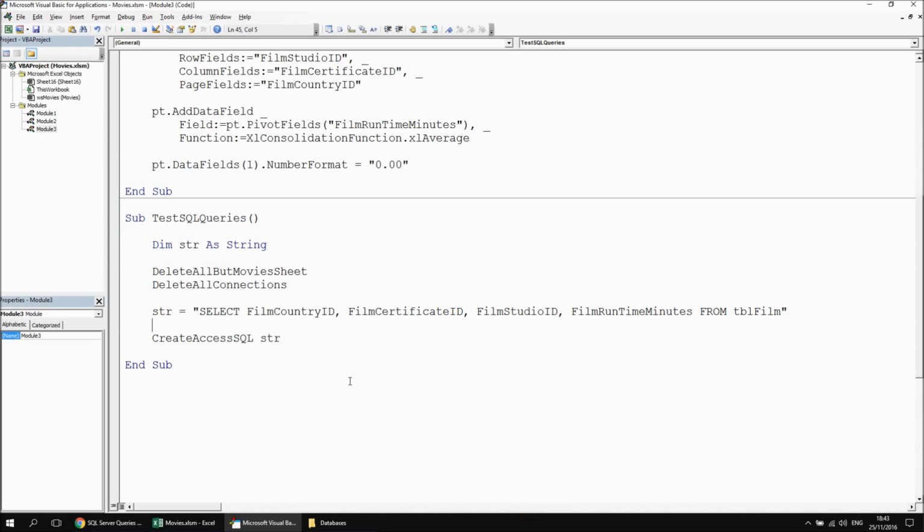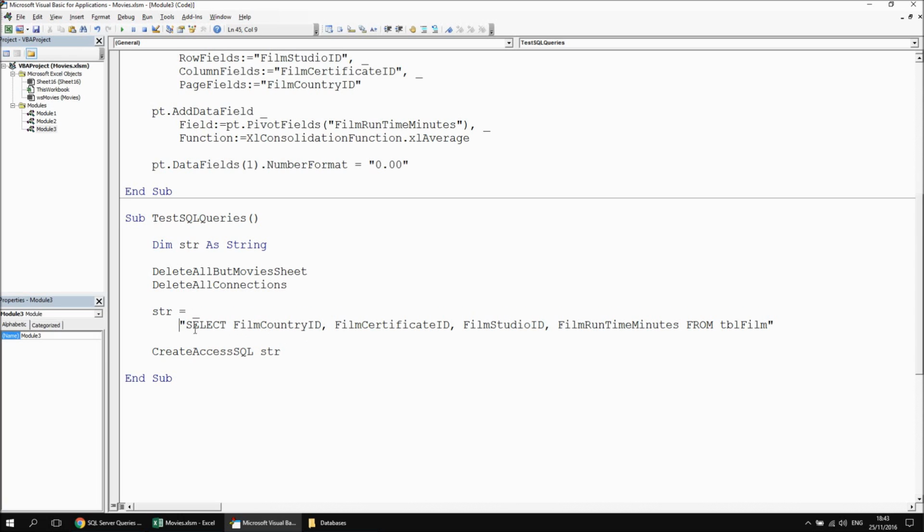One of the other nice things about a select statement is that you can add something called a where clause to it. So a where clause allows you to add filters to the data. So let's say, for example, I only wanted to see this summary pivot table for films which had won at least one Oscar. So this is going to get a little bit more complicated, so I'm going to start breaking up my string onto multiple different lines. So I'm going to have string equals select all the column names on one line, and